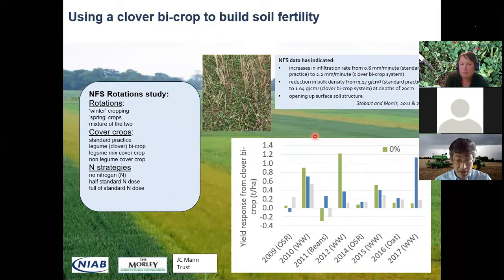So that's a big question. As I say, we are trying to look at the data set in a bit more detail to look at various factors. And I think weather will have a big impact on that. The soil type we're on up at Norfolk is a light soil that can suffer from drought stress, and that plays quite an important part both in how well the cover crops perform in terms of establishment and on the following crops in terms of their performance. But we will look at other interactions as well.